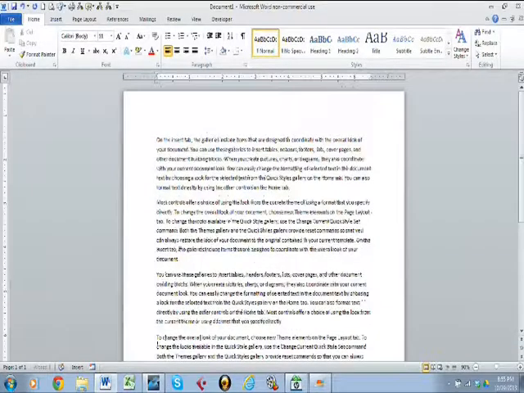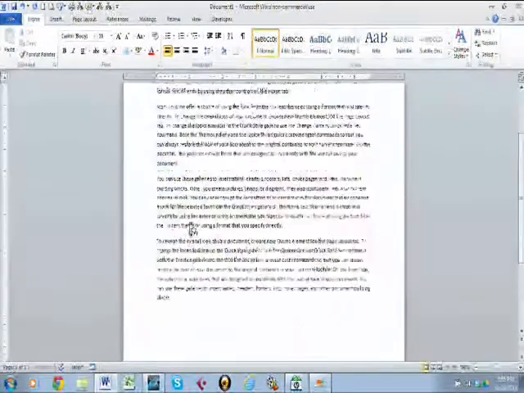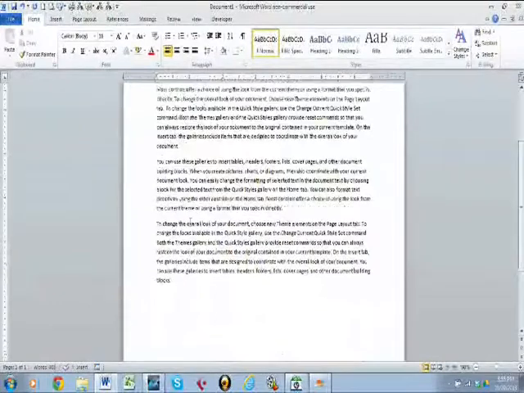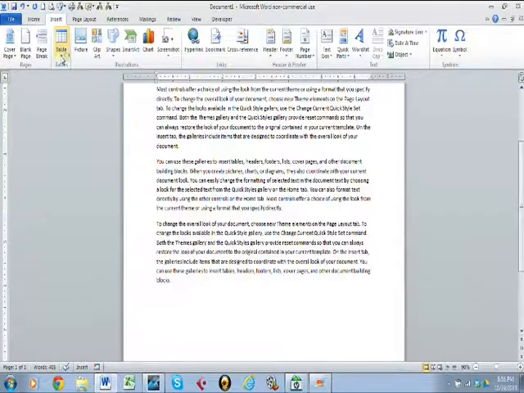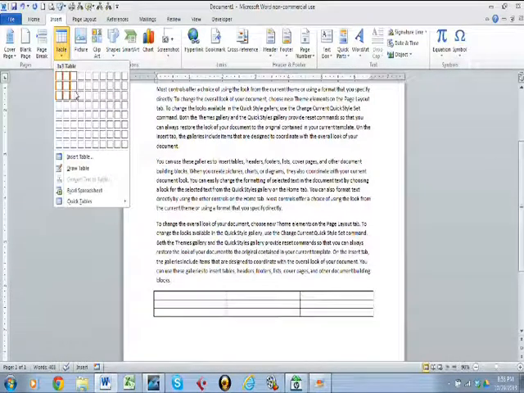At the end of our text, we're going to pretend that this is a report or a letter or something we've written, and we're going to use a table as supporting evidence to our document. So we're going to create a table. At the end of the document, go to the Insert tab, click the Table drop-down arrow, and